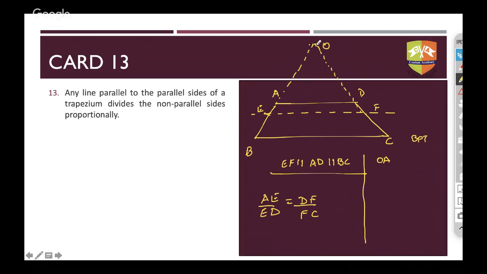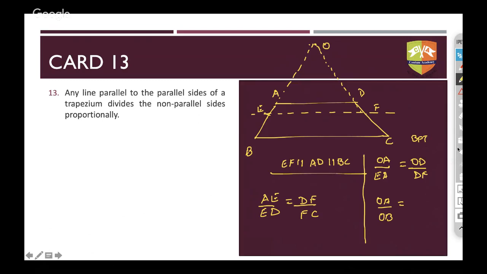In this triangle OEF, AD is a parallel line, so I can say OA by EA is equal to OD by DF, isn't it? Similarly, in triangle OBC, we can say OA by OB is equal to, or rather OA